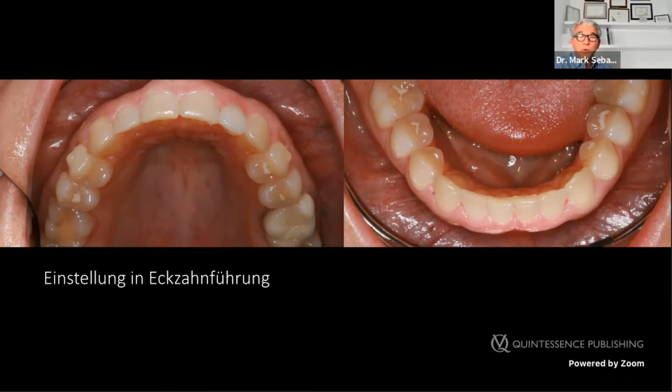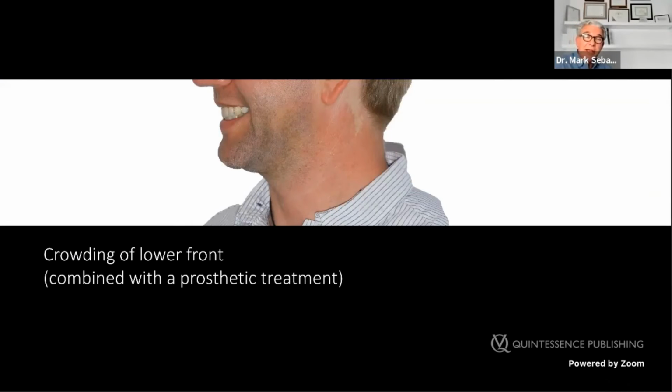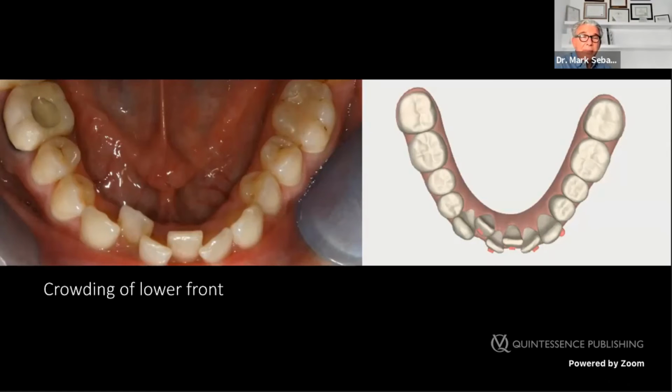Now let's jump to one of my early cases where I thought, okay, this was heavy. This was the situation before the treatment, and I was sitting there at the scan looking at the situation and thought, okay, I had to extract one tooth. I won't get so much space to put all teeth in the front, and we really needed a better situation for perio reason, for hygiene reason, for aesthetic, for functional reason. And the patient decided to do a full mouth reconstruction, and so he wanted also a solution for his front teeth.